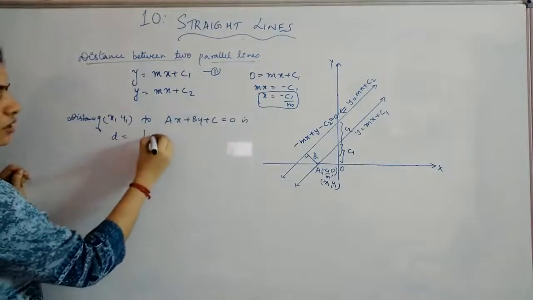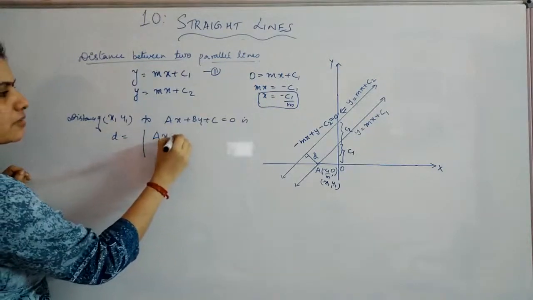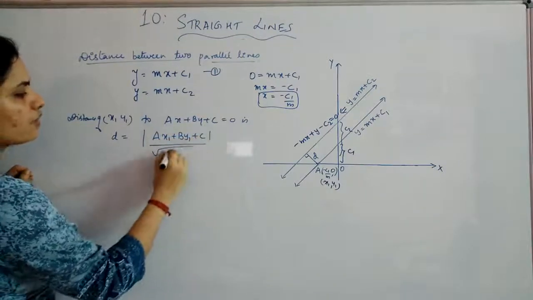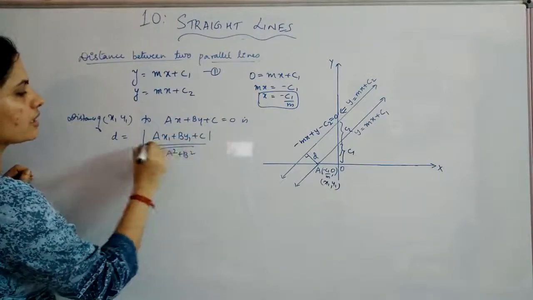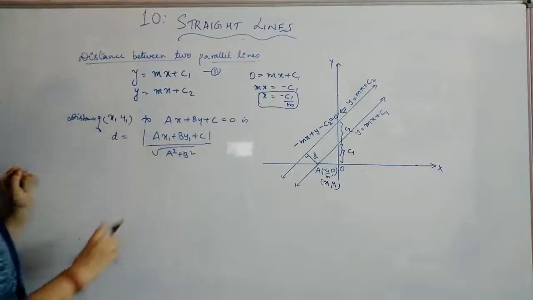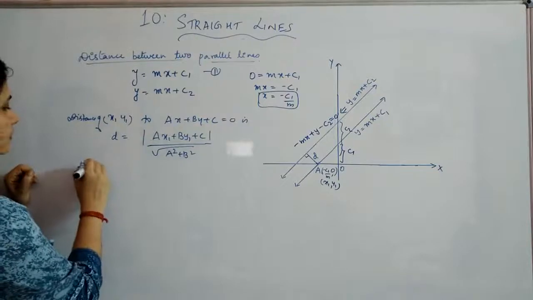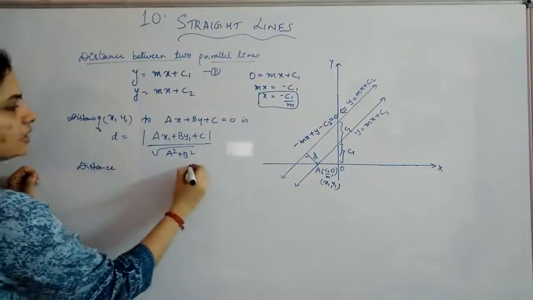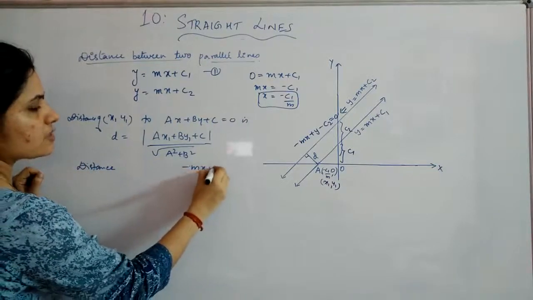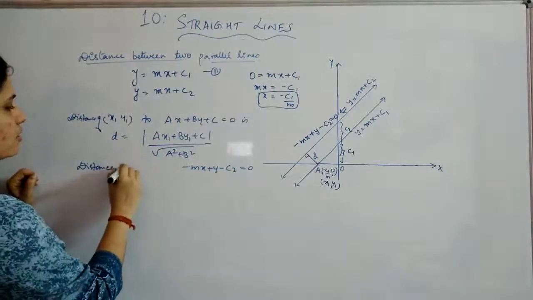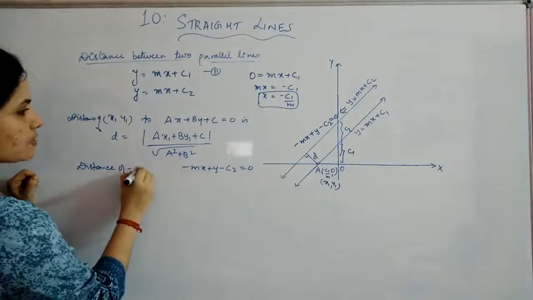The formula is, modulus of ax1 plus by1 plus c divided by root of a square plus b square. So in this we are just replacing regarding the line. Here the line is minus mx plus y minus c2 equal to 0,